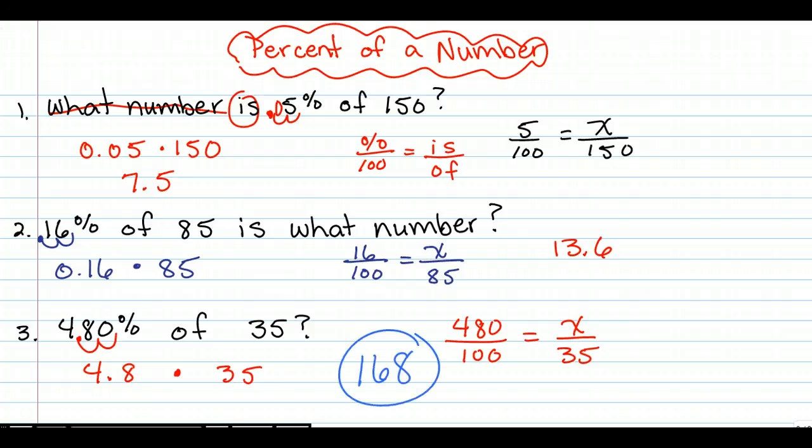Okay, you should have got 168 no matter how you did it. Even if you would have put that 0 there, you still would have got the same correct answer. It's just that you don't need it. All right, folks, really that's all there is on finding percent of a number. I'm going to give you some problems to work out,